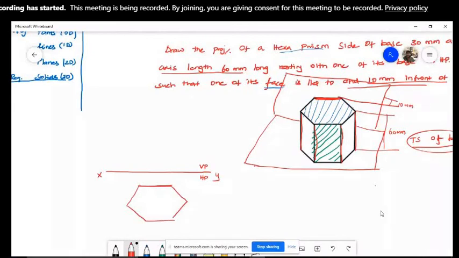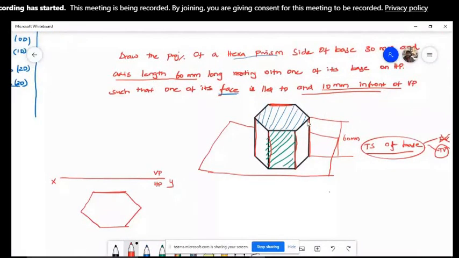So look at this. I already told you it has 2 bases, right? So I'll erase this. It is disturbing the view. Okay. So I already told you it has 2 bases. See, if you see from here in the top view, this base will be visible. One more base will be behind it.